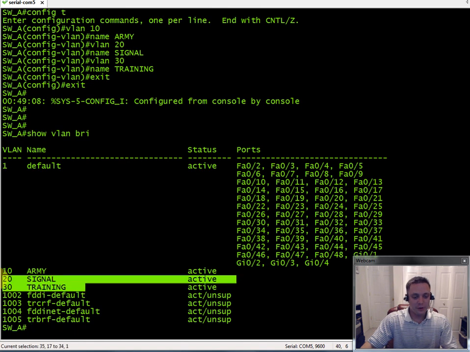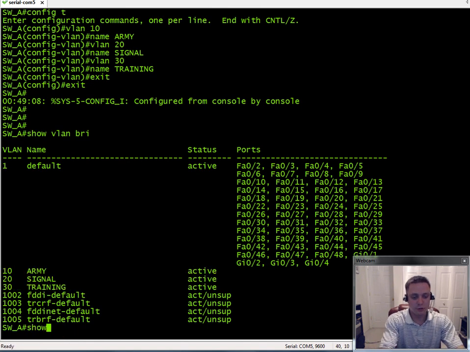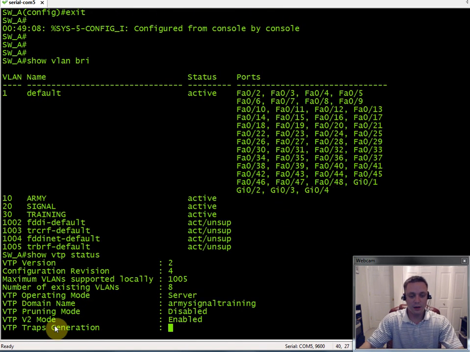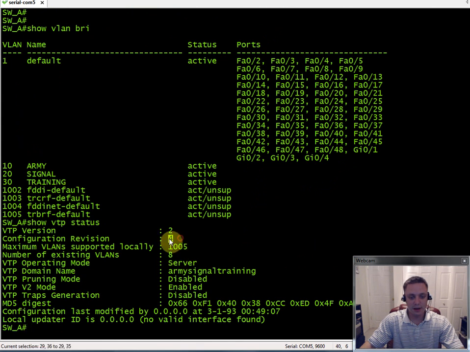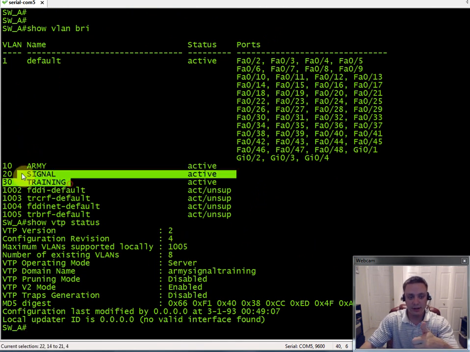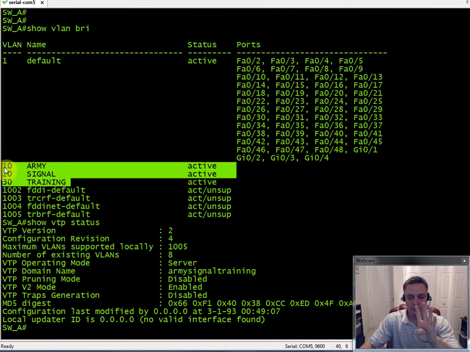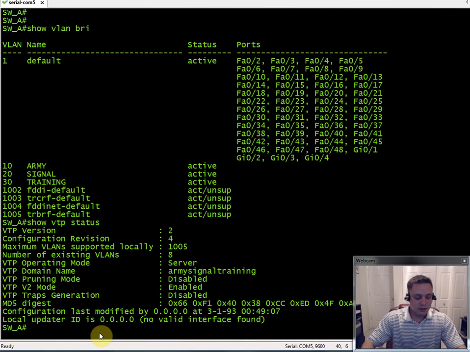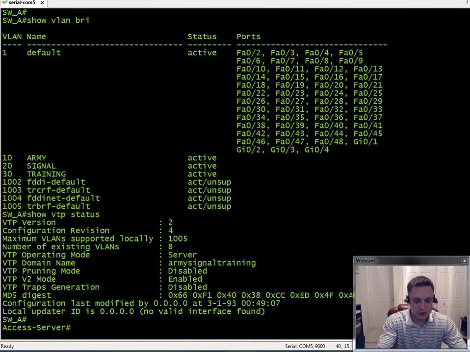But I did, however, create these 3. So now if I do a show VTP status, I will see that, bam, it is now up to 4. It was at 1, but I created 3 VLANs, so it incremented up to 4, 1 for every VLAN creation. So now let's move back over to switch B